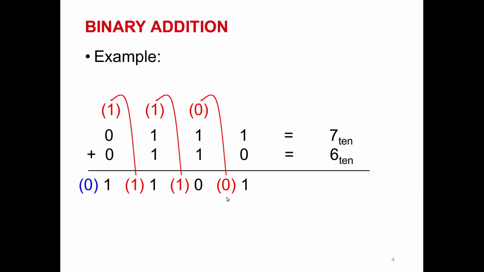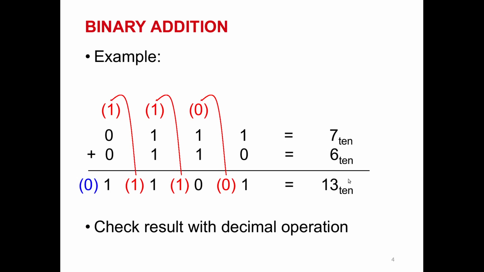If you look into this value and you don't care about negative or positive, I mean here it will be a positive number, you will see that this value 1 1 0 1 equals 13, and it is the result of 7 plus 6. Please remember that in this situation we consider this binary value a positive value, so we don't think about this bit as a sign bit, and this will be 13 in decimal.